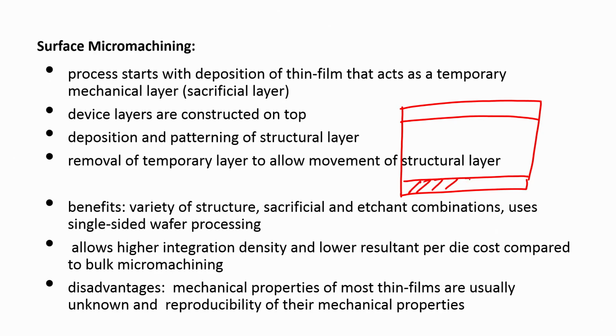This is my oxidized silicon wafer, a silicon wafer on which I have grown oxide. Then what I am depositing is a material which is zinc oxide, and I am patterning it using photolithography. That means I am depositing zinc oxide, then the next step is photoresist spin coating.